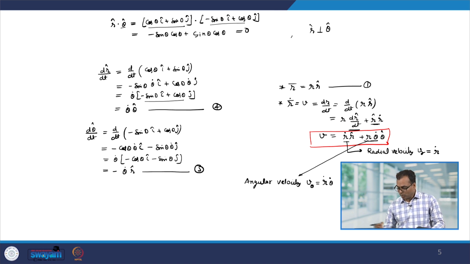And if you want to find out the total velocity, then total velocity will be Vr square plus V theta square. Now let us find out the expression for the acceleration, r double dot,